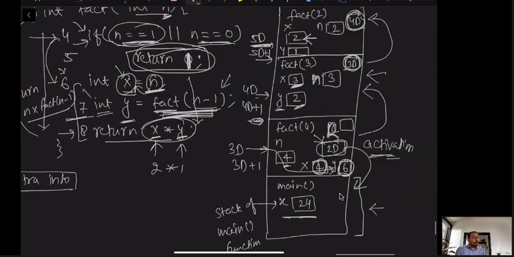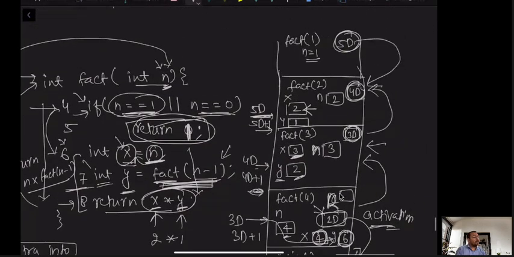Whenever we are returning value from this to this to this, all the activation records will be damaged. They will be lost. We will have no image. So when the control is going downwards, we are removing this stack. We are deleting this stack. Okay.